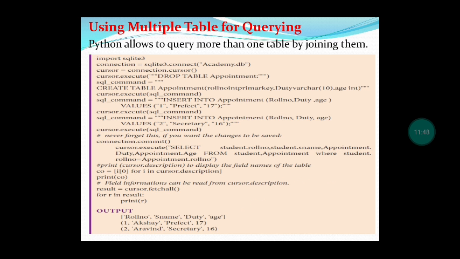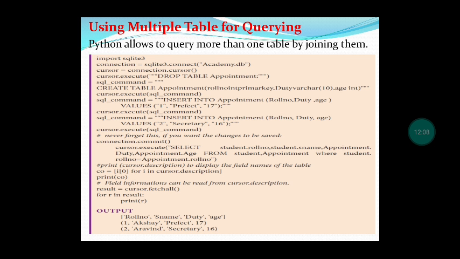Next, we can use multiple tables for a query. In this we have used 2 tables. One table name is appointment and the other is the table we already used.